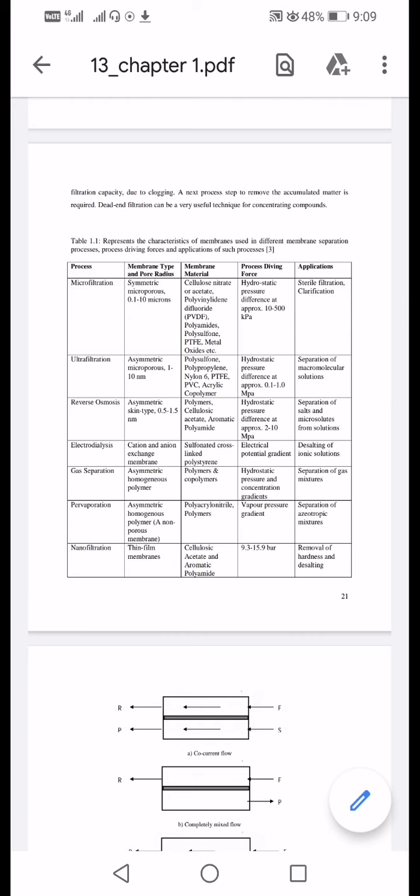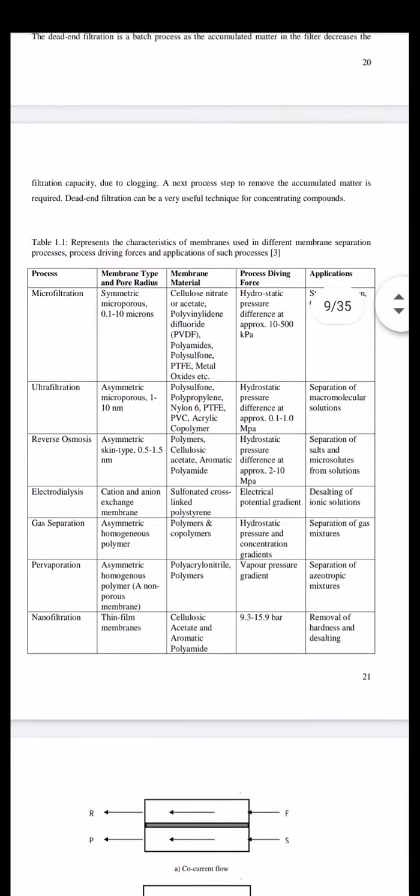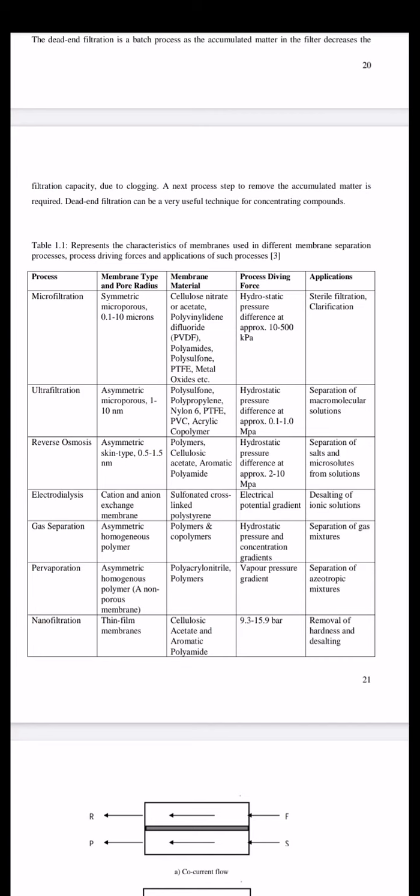Now, basically, this chart shows the basic difference between all kinds of processes, where this chart describes how each operation differs with respect to membrane type and its pore radius, membrane material, process driving force, and their application. So, as far as microfiltration is concerned, the membrane type is symmetrical, microporous, and the pore radius is 0.1 to 10